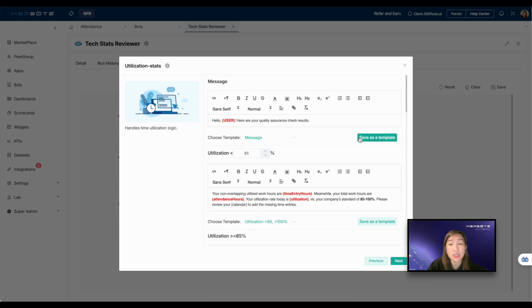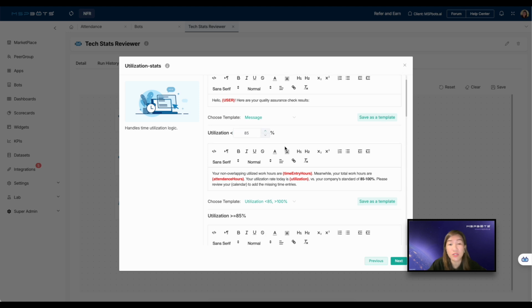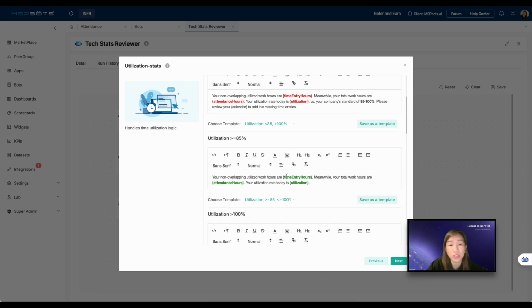customizing messages such as the utilization field, which is the ratio of the time entry hours to attendance hours, the time entry hours, which is the total time logged by the user in your PSA, the attendance hours, the user's attendance hours logged in the Attendance Manager, which does not include the time that the user is on break or lunch,